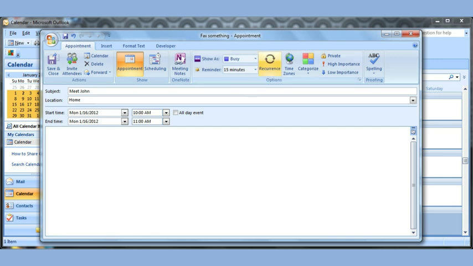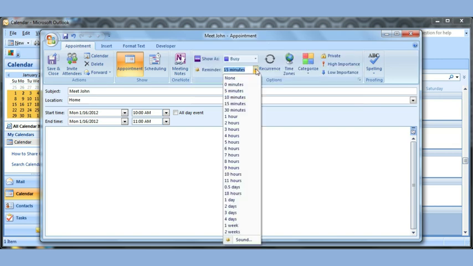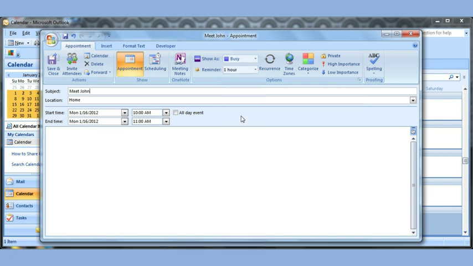You can also decide how you want to show your calendar at that time. You can show it as busy, tentative, out of office, because in a work environment, that calendar is shared by multiple people, so people would know what's going on with your calendar and where you are at that time. You can also set a reminder for yourself. So if your Outlook is open, you can say, hey, remind me 1 hour before the meeting, so you'll get